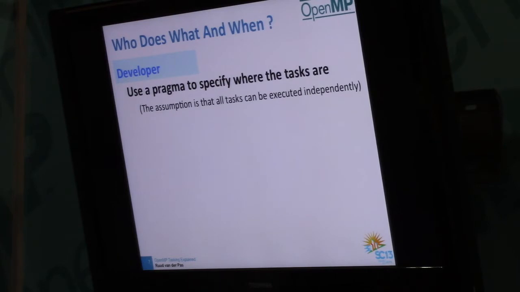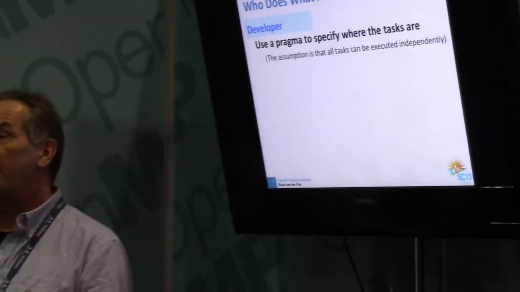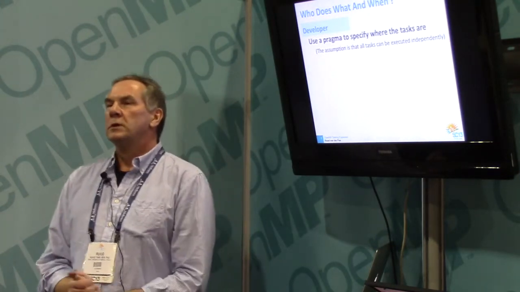Okay, let's be fair about it. We know that's not the case, but it's an incentive for runtime systems to improve. So there are actually very different queuing strategies, and that's an ongoing field of research for people doing runtimes for OpenMP. So, will we have control in the future? Maybe. Then you have to wonder how you expose that, and how ugly is it going to be? It's certainly a point of attention, but right now you don't have any control, and we do know different runtime systems behave in a different way. Sometimes good, sometimes bad.